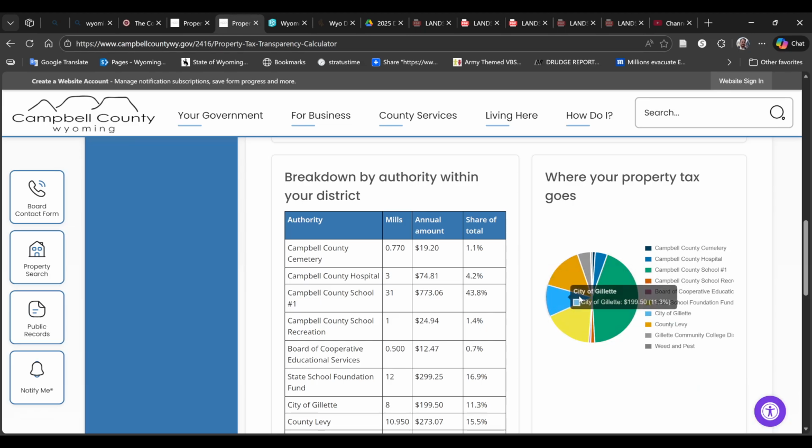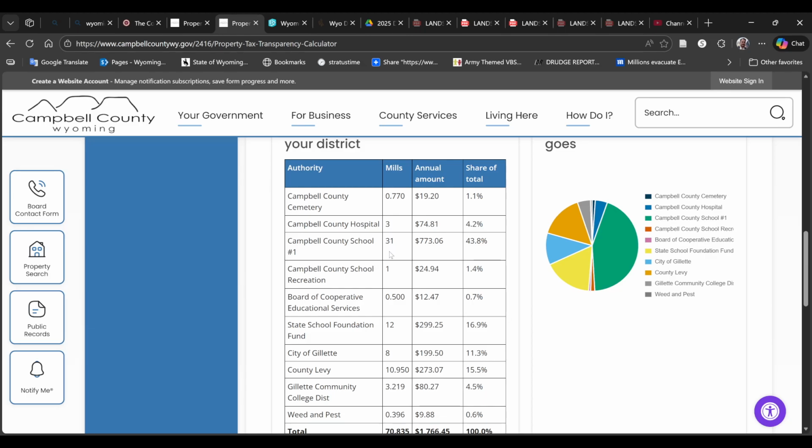So of the amount that you pay, right? If this was your home, you would pay the Campbell County Cemetery $19.20 per year, right? They get just shy of 3/4 of a mill as far as the property taxes. Campbell County Hospital gets 3 mills, so you would pay them annually $74.81 per year. Campbell County School District, not Campbell County High School. You can see here they get 31 mills, and it's